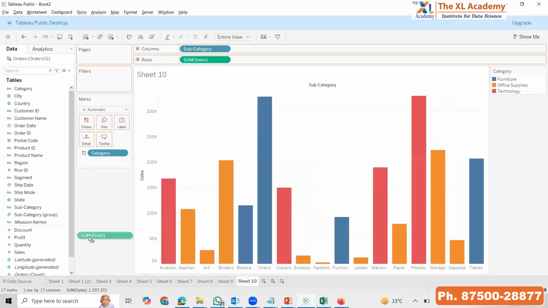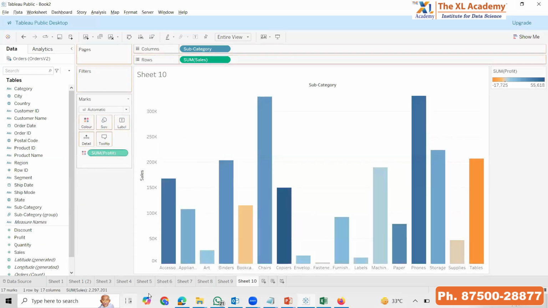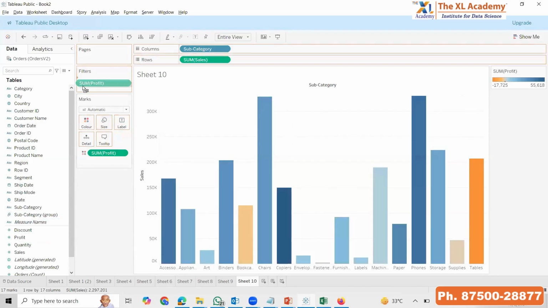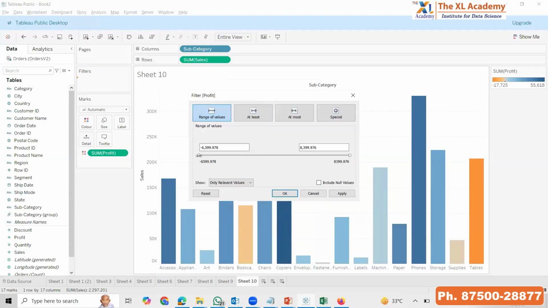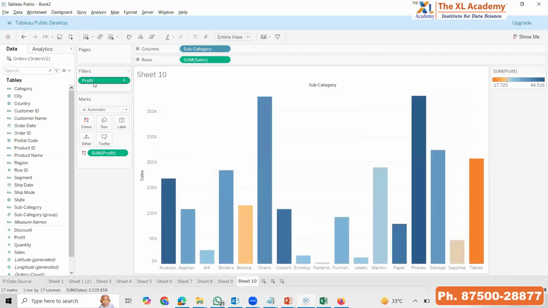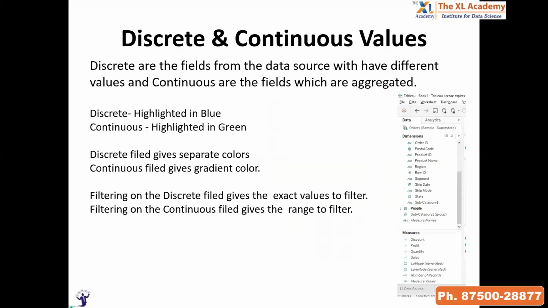Let me put profit into the filters and see what happens. Now I am getting a range where the profit is between the specified range, right? Like this, whatever it is. So discrete fields give you exact value to filter and continuous give you a range to filter. Okay, next,